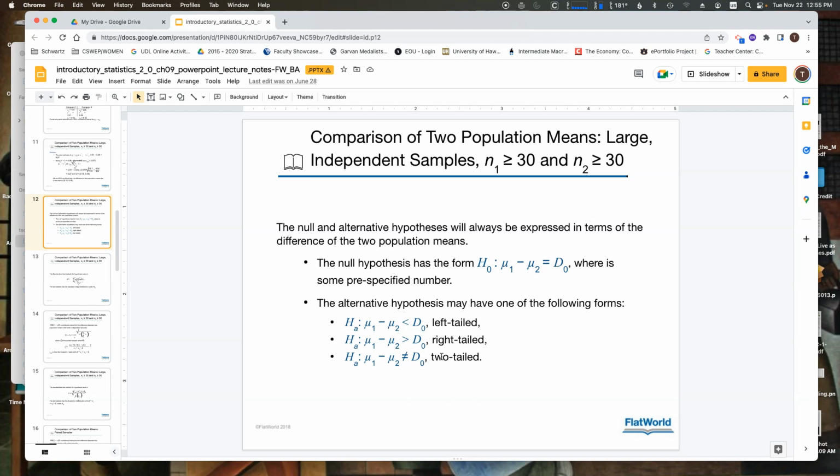So if we want to say that taking some prescription drug reduces some bad disease, then we're probably going to look for some sort of right-tailed hypothesis that we're trying to accept, because we want the difference in the means to be such that the new population has been positively affected by taking this pharmaceutical drug and